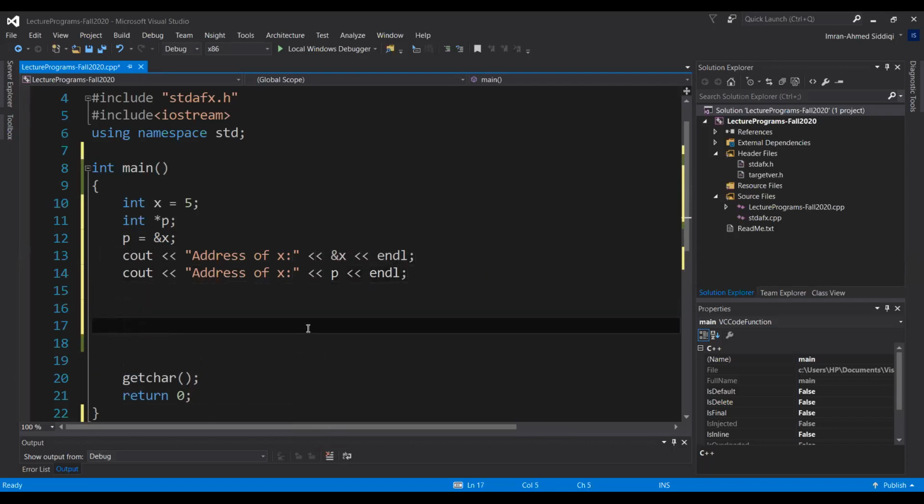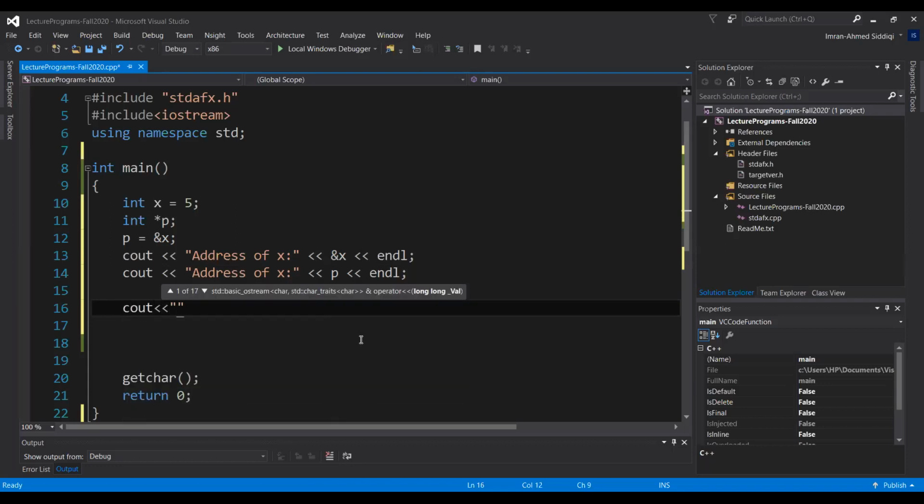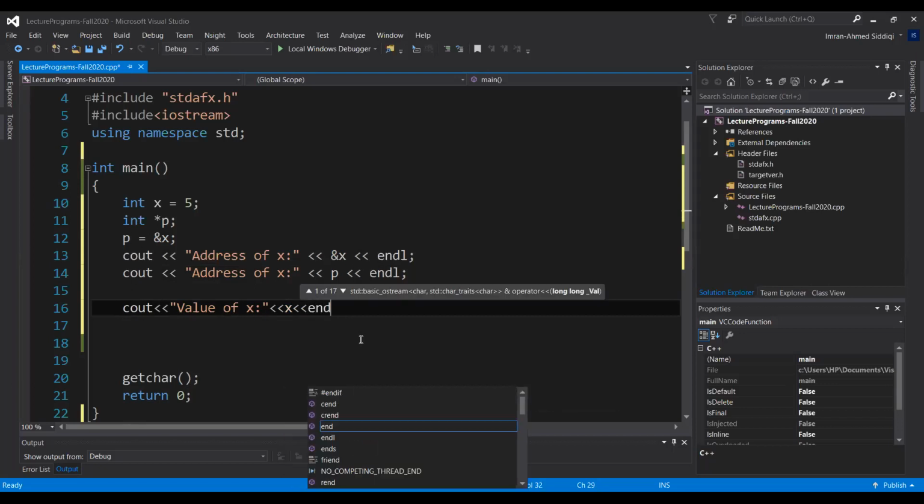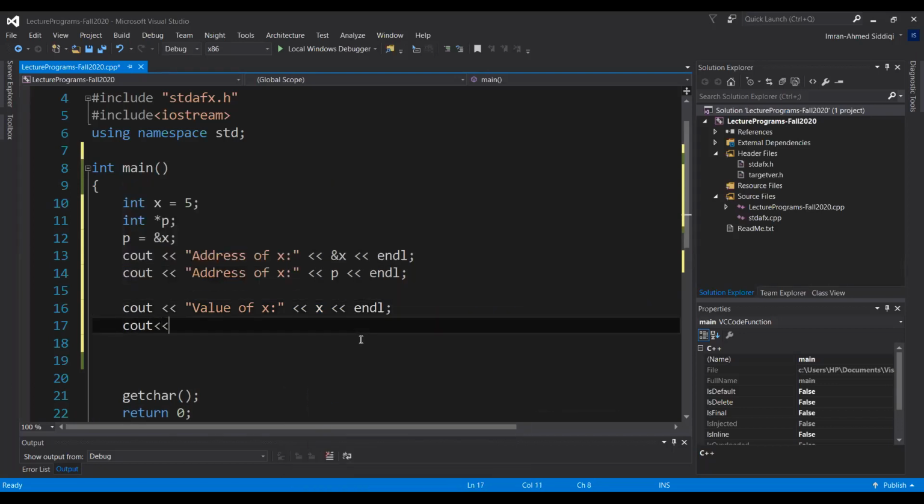That is something like this. Okay, so it means both of these should give me the address, as we discussed. Now let's also try to print the values. So I write the value of x. One way is the direct way, where I can write simply x, and the indirect way is